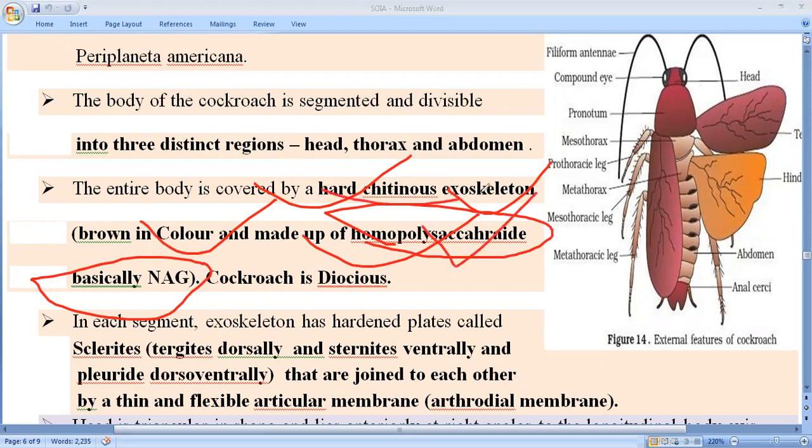Chitin is a homopolysaccharide which provides a highly resistant structure to the cockroach, by which they can survive in extreme temperature and extreme environment. Okay, so we will see here